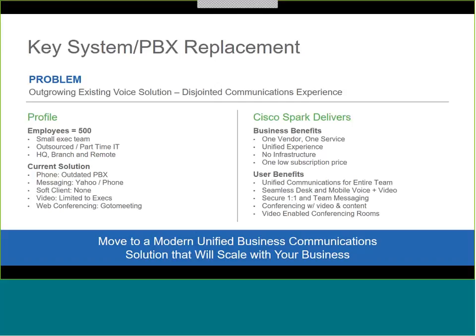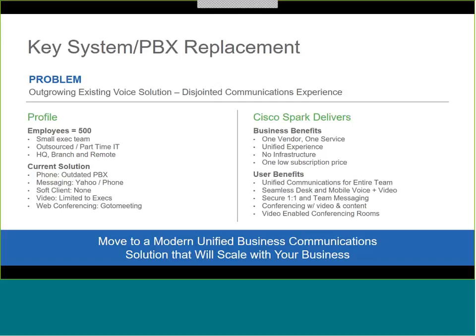So I've got two kinds of ideas here. I've got employees of 500, and after this I've got 100. I wanted to show what kind of situations, and you might be able to apply this to your own business and say, okay, 500 is a bit big. I think most of the people in this are small businesses, and it allows you to see it can fit into any size, not just the big guys or the little people.